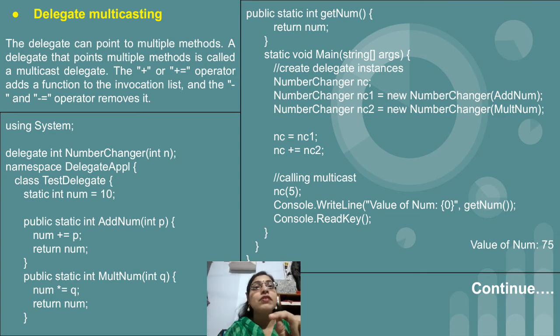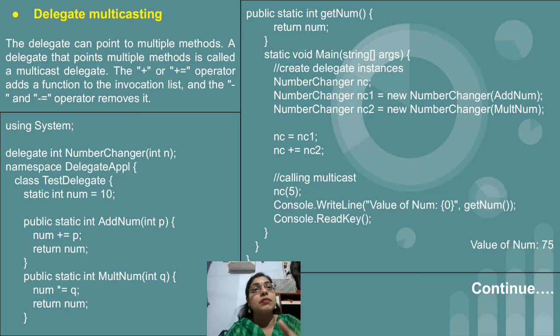So when we come to mult num, the value of q is 5, but the value of num which is written by add num, that is 15, will be shared to the mult num function. And this is the reason why, here, num equal to num into q. So what is num now? It is 15. As it is a static variable, its value will change, and that will definitely reflect in the other function also. If it is a non-static variable, then for mult num also the value 10 will be sent, and then 10 into 5, something like that, this calculation would occur. But now in our case we have the static variable.